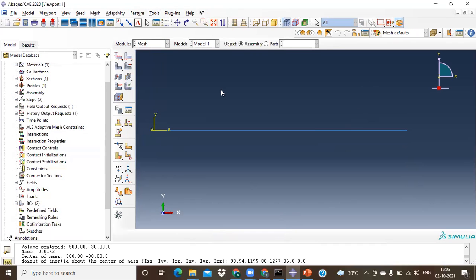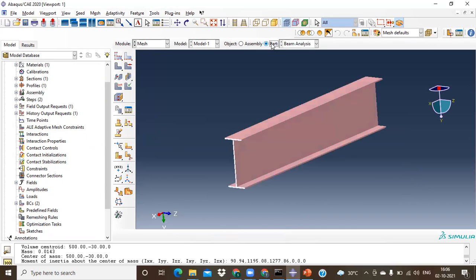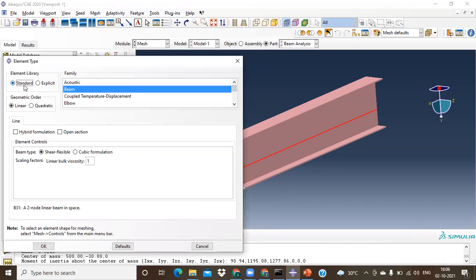Now going for the mesh. This is not an assembly level mesh. This is only a part level mesh that I can generate. So clicking on the part, now I can just click on this, assign element type. Which type of element do I need for this particular part? It's Standard, because it's Abaqus Standard. And the geometric order is also linear. When we go with the Hex mesh, linear is there. When you go with the Tet mesh, then we have to go for a higher order element. And this is a beam. The element type that we are going to use here is called B31.